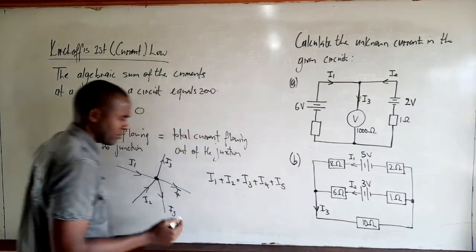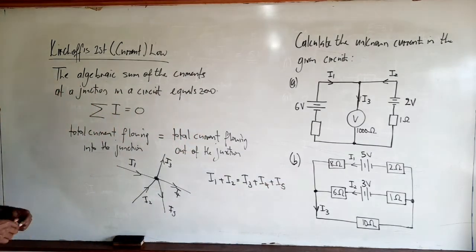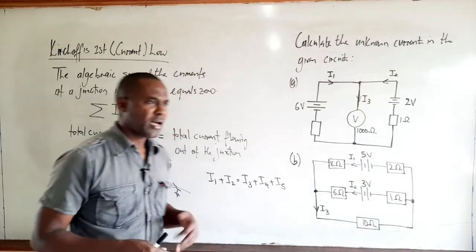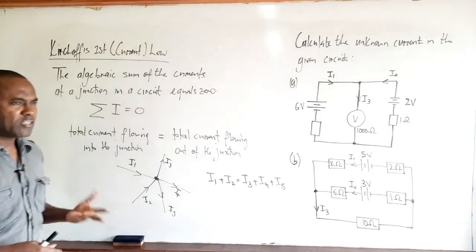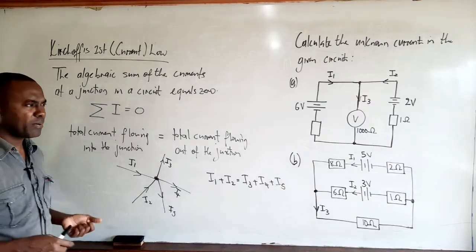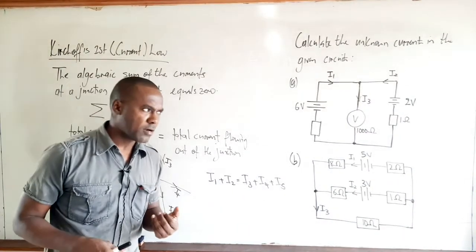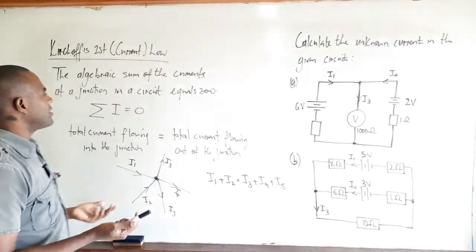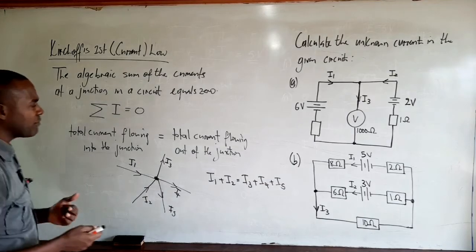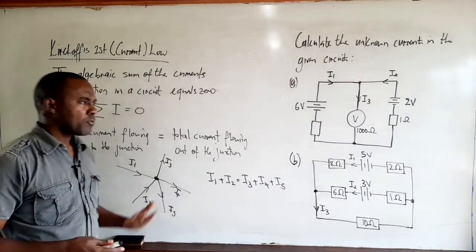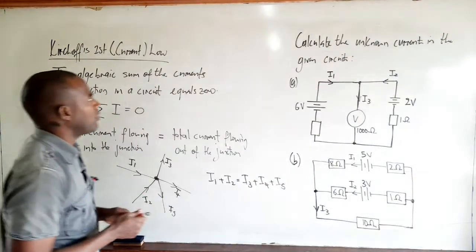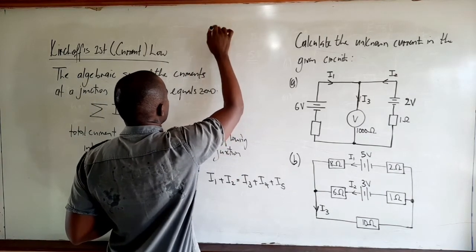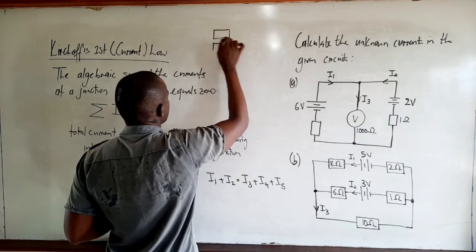Essentially, so far, we have looked at circuits involving one battery and a combination of resistors. In some cases, some of these resistors were connected in parallel, which means that the current being driven by the battery had multiple paths to flow. In a circuit like that, we have been applying Kirchoff's current law without having been introduced to it. So if we have a circuit like this, where we have, for instance, 3 resistors connected in parallel,